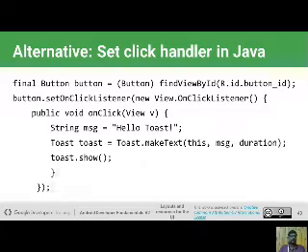Now here, final button is equal to findViewById. So here the button ID is the XML button and the small button is the class object. When we perform any operation on the button object, then it is performed automatically on the button ID. Now they are both attached to each other.